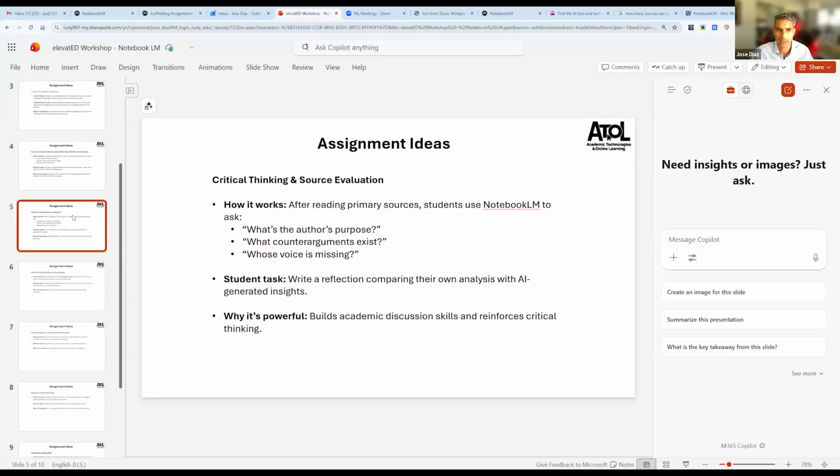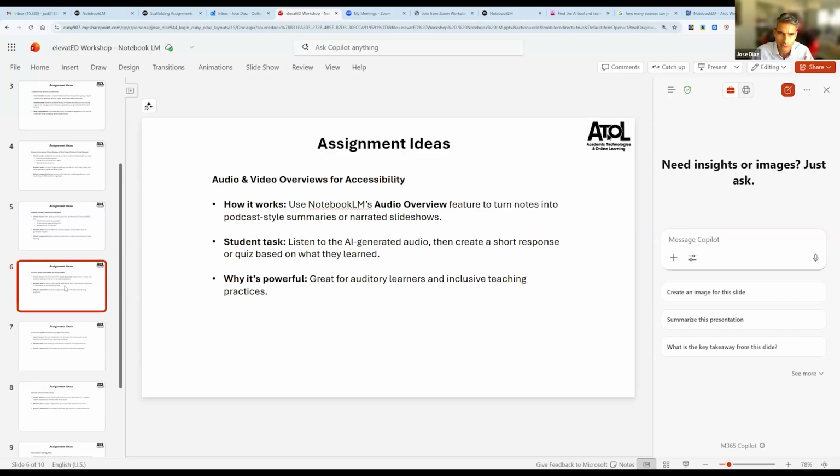Another idea was for creating primary sources: have students curate, as part of the research paper, knowledge into the notebook and then interact with the notebook to help them write the paper themselves. So it's a way of a research guide or a research assistant, you could say.